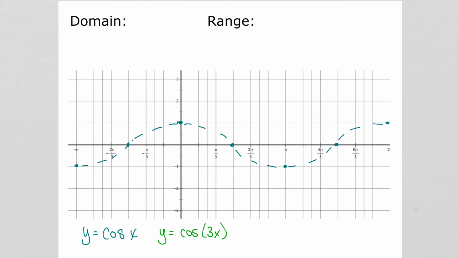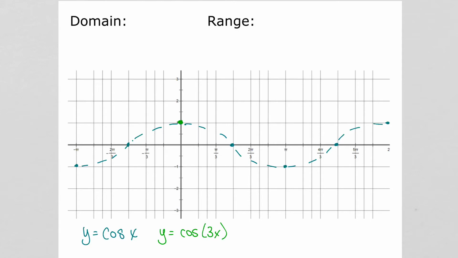So we're starting here at 0, 1 still. And between here and here, we have to divide this into 3. Okay? So between 0 and 2 pi,